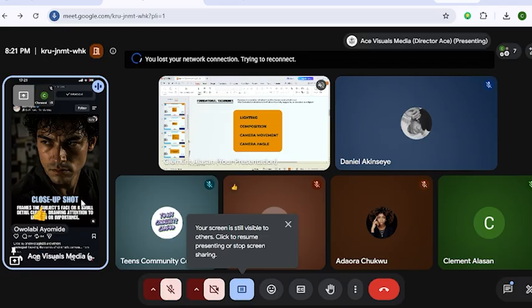So, close up shot. One type of camera angle is close up. You've seen movies where the camera is close to a person, just like this picture you are seeing. You can see the person's face. What close up will help you do is give detail. So if this guy should start crying, I can see clearly that he's crying. But if it's a wide shot,